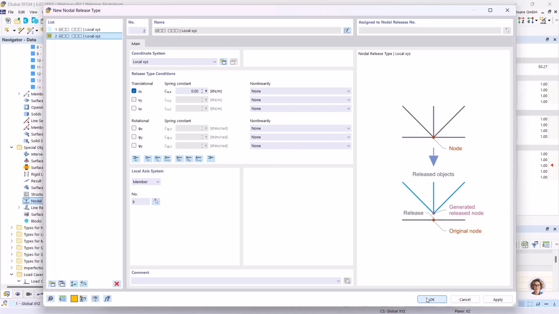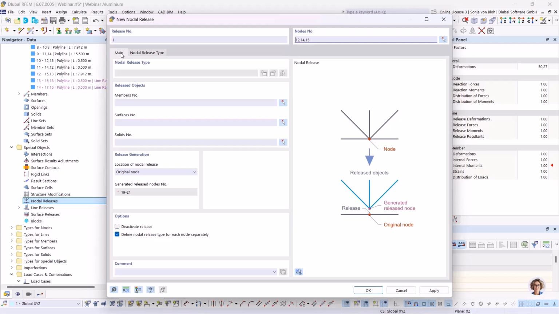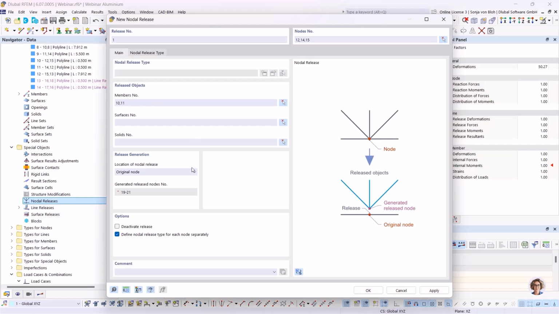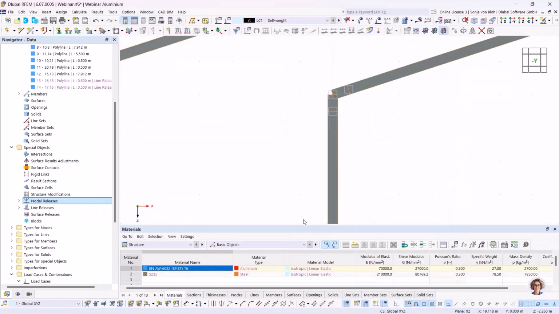Then I have to define the released objects, and these are the objects 11 and 10. The generated release nodes are 19 till 21. Then I click on OK. The released aluminum members are now defined via the released nodes and no longer via the original nodes. In order for the aluminum cross-sections to be connected to one another, they must all be defined via the original nodes. Therefore, I now change the cross-section of the released members